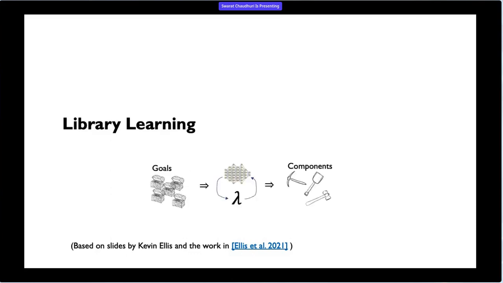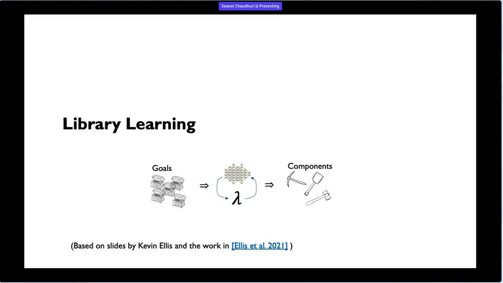You're building these abstractions that then you can reuse in different contexts. And so one of the really interesting questions for us was, can you actually mimic that process as part of these neurosymbolic learning